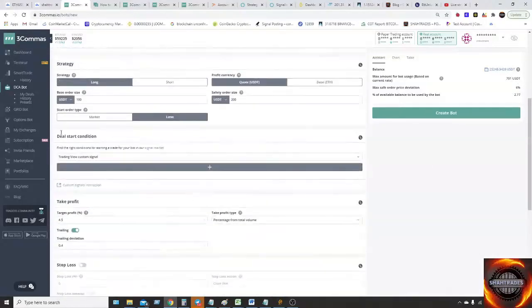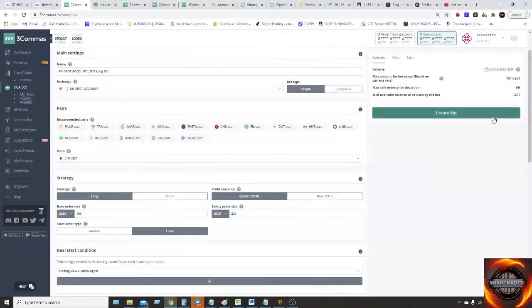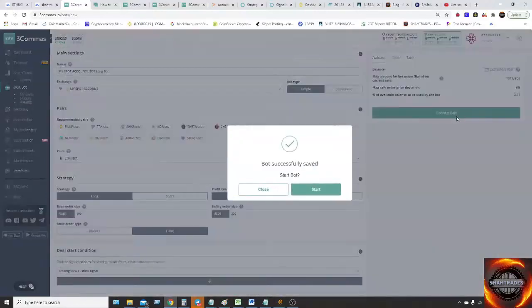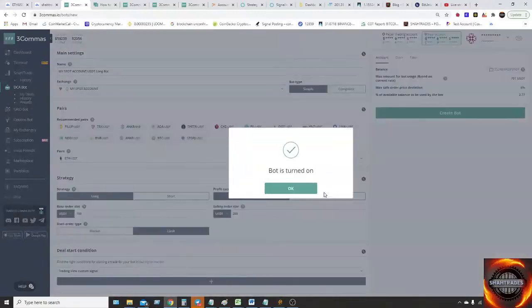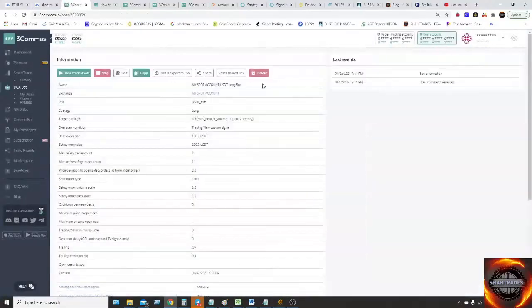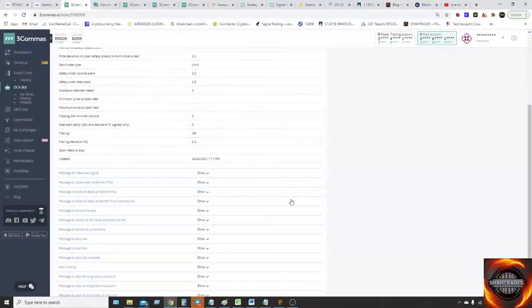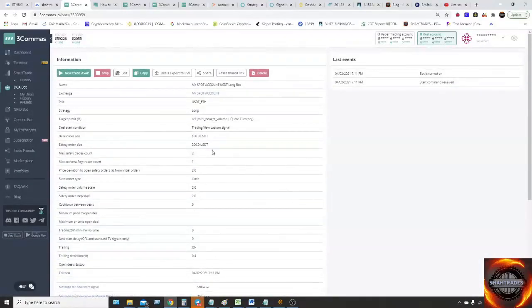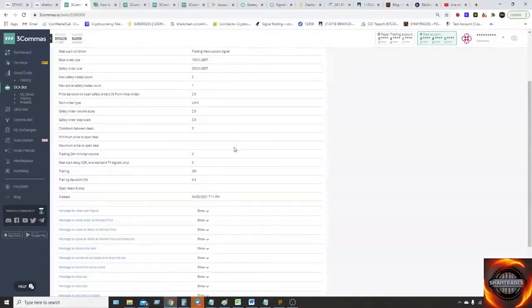When all these settings are done, you have to create the bot and click on start. Click on OK. So here you have the bot ready to go, but remember you put the TradingView custom signals. So this bot will work only when there is a buy signal from TradingView.